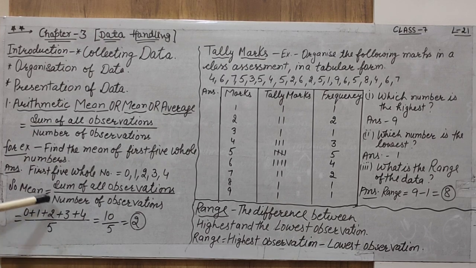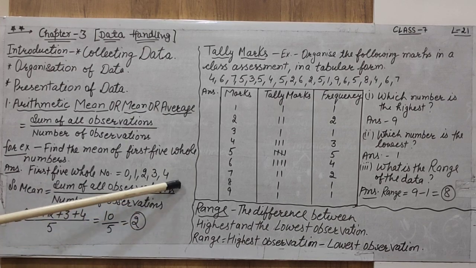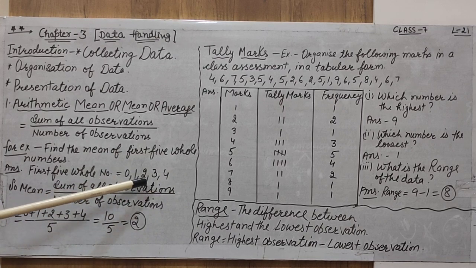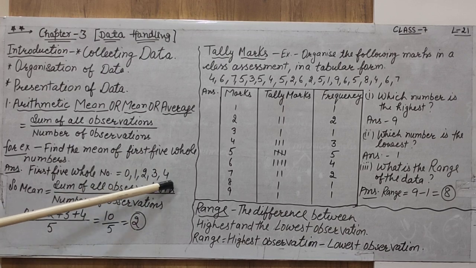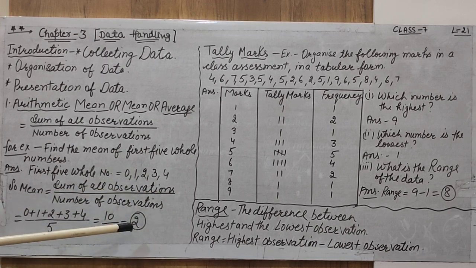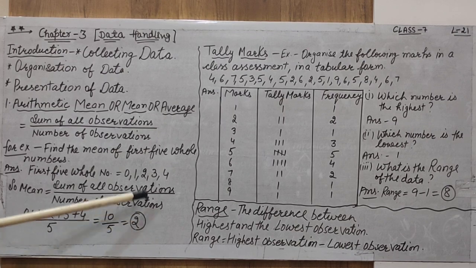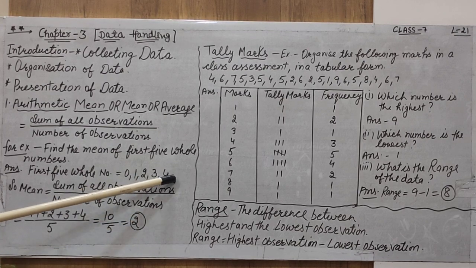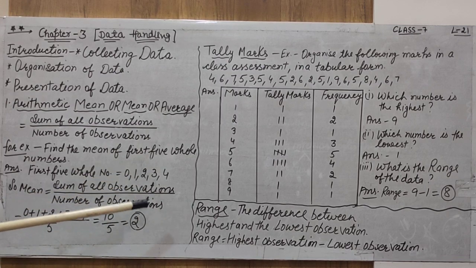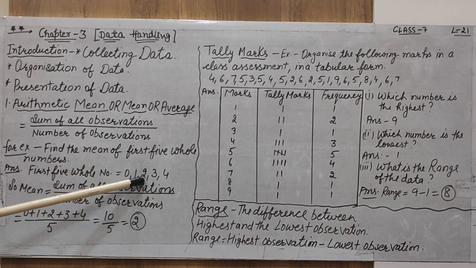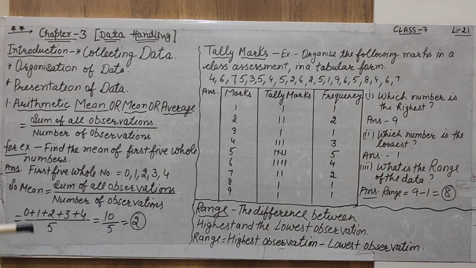You should always understand that the average or mean of any given observations is related to these numbers. In between these numbers there is a mean or average. You can see here the answer is 2, and 2 is in the middle of these 5 numbers. So when you find the mean, it is related to the approximate center of these observations. The answer is 2, and 2 is the center of these 5 whole numbers.